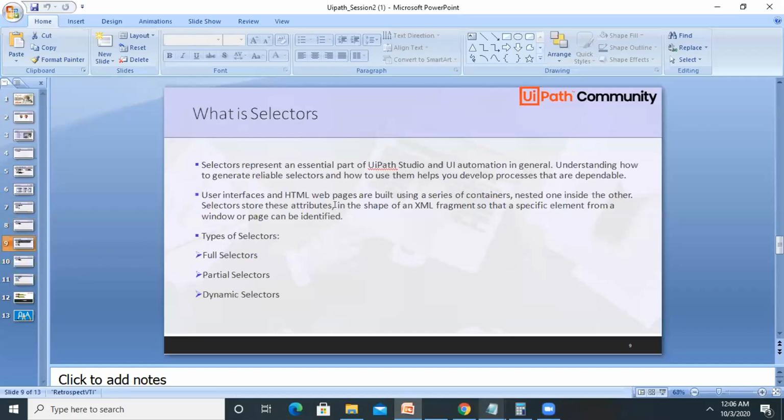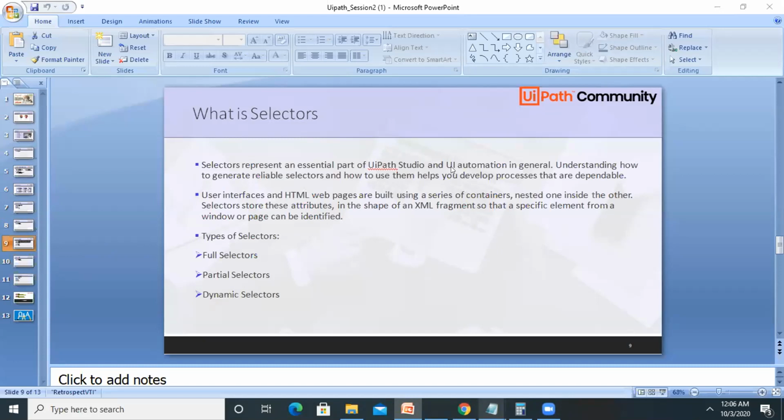Selectors represent an essential part of UiPath Studio and UI automation in general. Whenever we are working with any sequence of steps, in those steps we always find that some selectors are generated. In that sequence, we have to trigger or select the part which we want to automate.